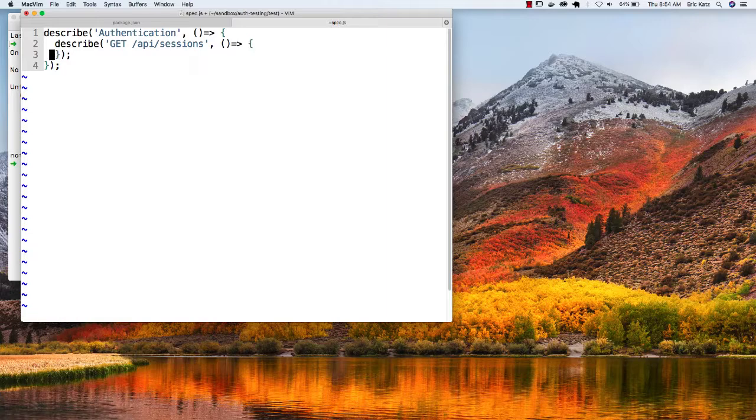But let's do an easy one here, and let's describe it when not logged in. And we would expect, if we're not logged into the application, that it returns a 401, right? That we're not authorized to see it. So if we want to do this, what we could do is we could actually make this